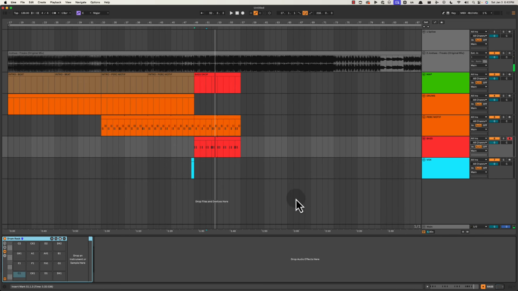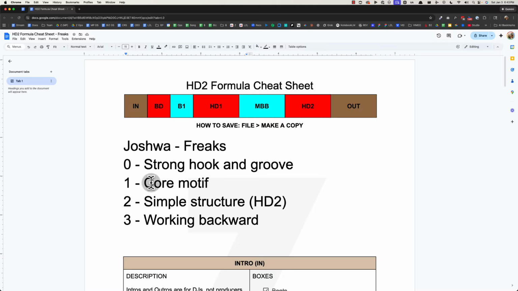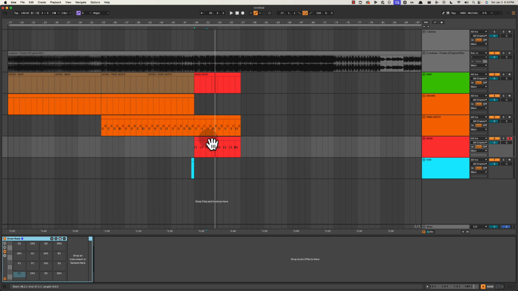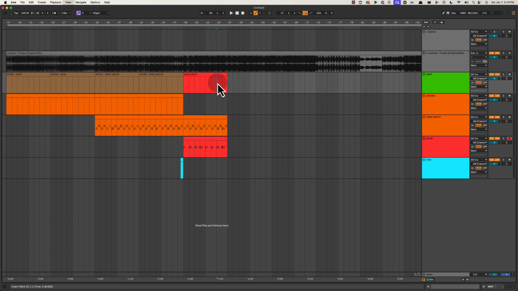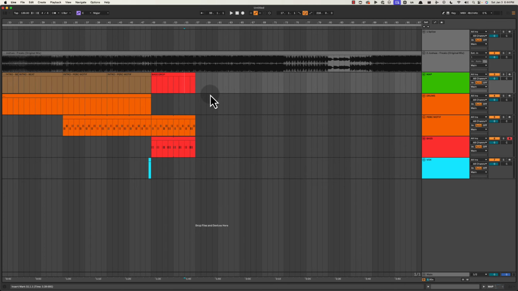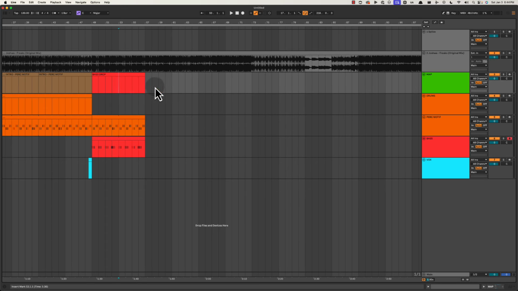But right away, you can start to see how you have this core motif. And again, I'm not specifying a percussion motif or a bass motif. It's higher level than that. It's a core motif, and the motif is shared by different instruments throughout the track, specifically the percussion and the bass, and then a synth later on. You can see how this thing is starting to get expanded on, which is really cool. But it keeps it so simple and so strong. You've got this core rhythmic motif throughout the track, and it just makes it very simple and catchy for the listener.